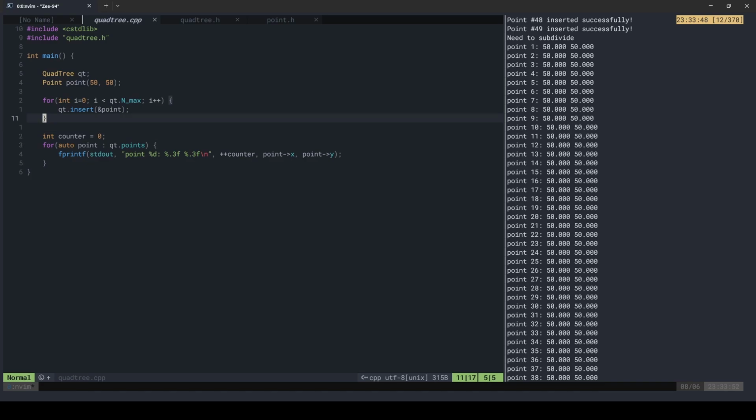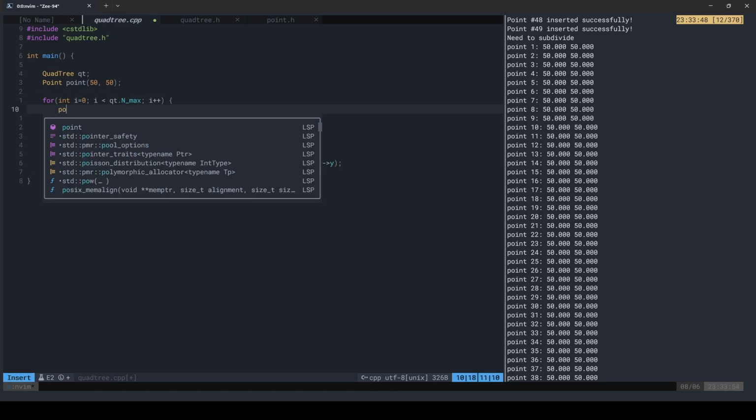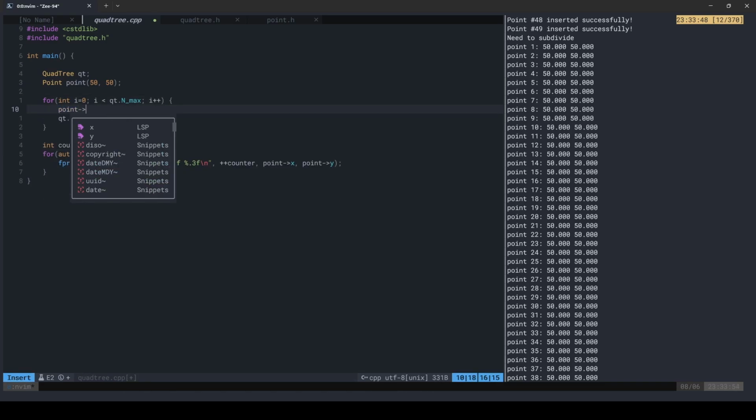Yep, there you go. So all of these points are basically the same. We could try to increment them a little bit. We could set them to different numbers. So we could set this to